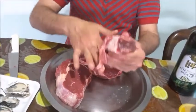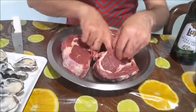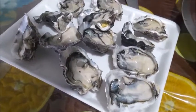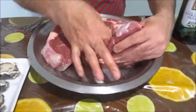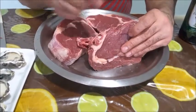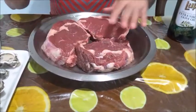And once I've seasoned the oyster in a pan, I'll be seasoning that, and then I will place them inside this pocket and seal it. You can seal it with the toothpick. And so now I'm going to,